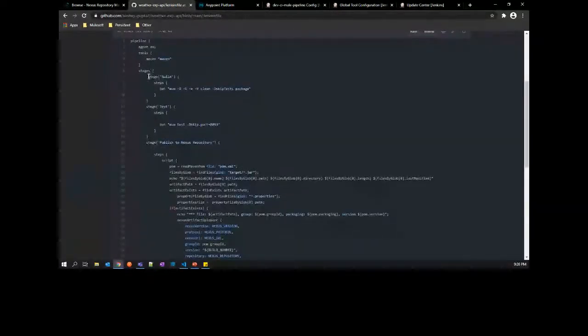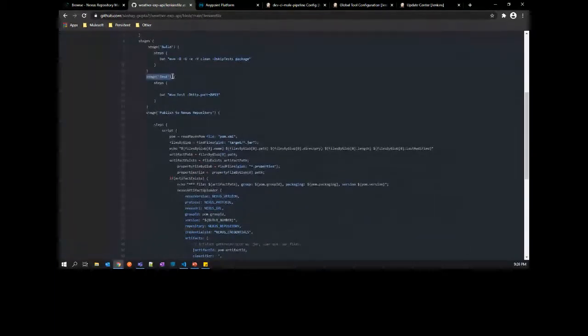So the next step is build. Here we are doing the mvn package command. We are not executing the tests here because we just want to package the application. The next stage that we are performing is test. We are doing mvn test, and this is an optional parameter that we are providing in order to avoid port conflict or address in use errors. This will do your usual unit test and integration test for your particular application.